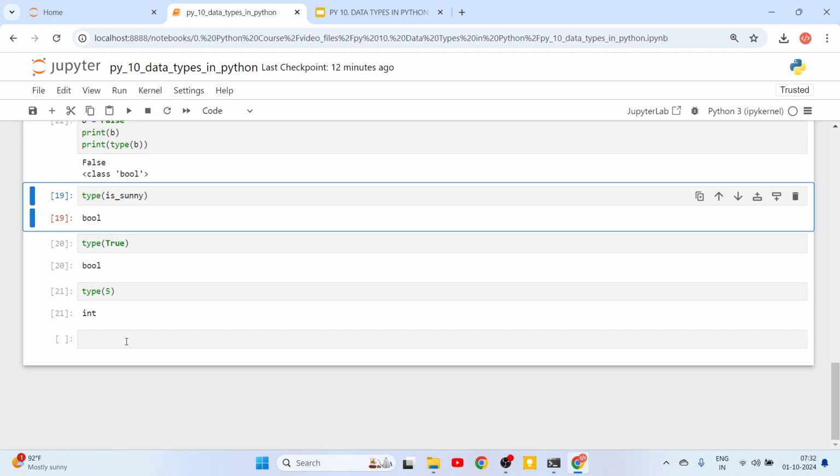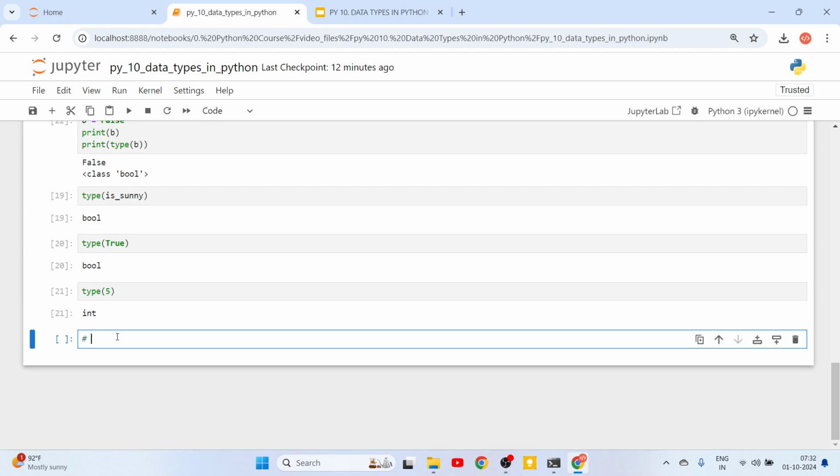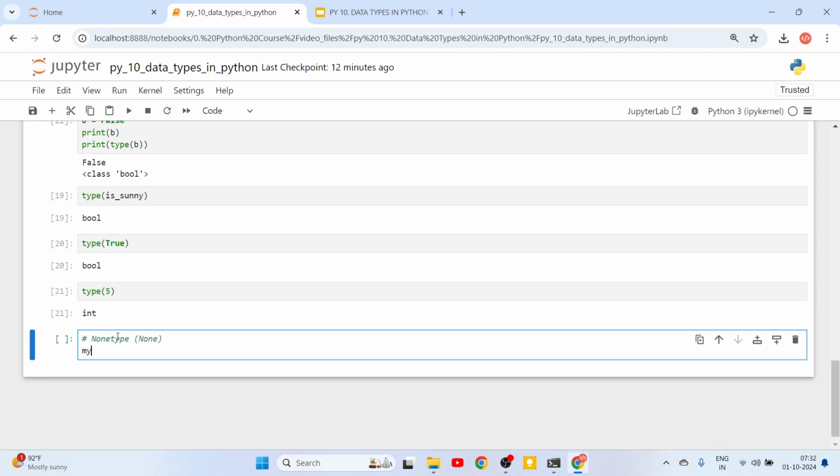Similar to this, we have another type of value called NoneType. This is represented by None. So None basically represents that there is no value in that variable. So let's say that my none variable is equal to None. None starts with an uppercase N. So when I print this,